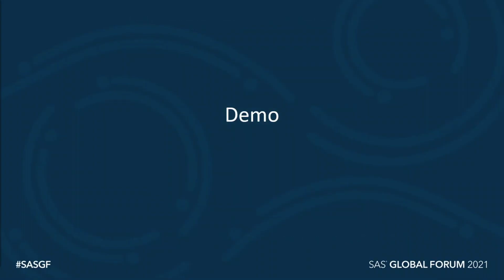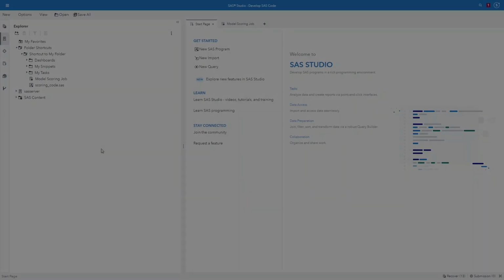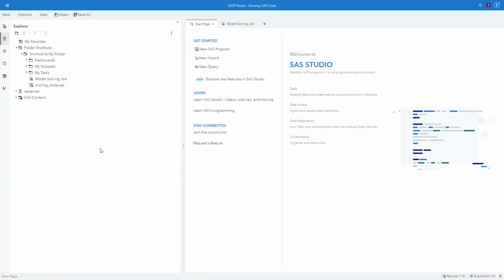Let's get into the demo and show how we can make some really simple scenarios using pretzels. Here we are in SAS Studio 5, which will be our main way in which we can edit and work with jobs. Before we begin, go to Options, Change Perspective, Standard. If you're not in Standard mode, you will not be able to edit and work with jobs.